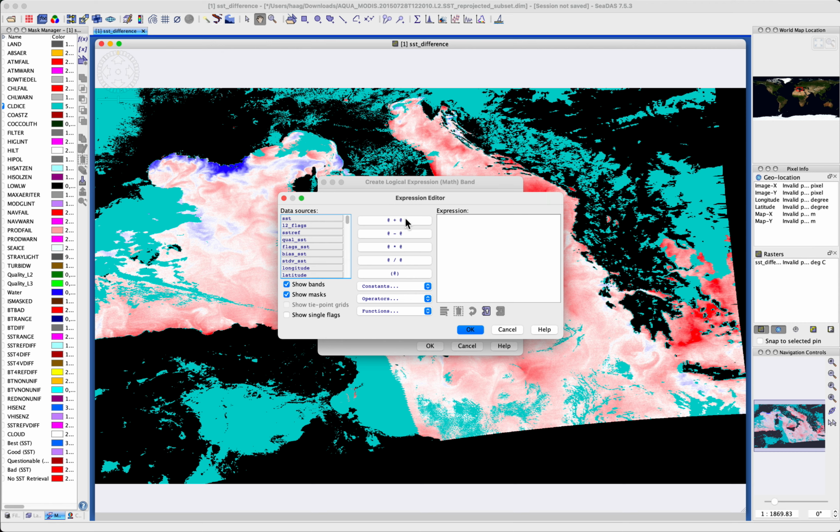Now, it may not be intuitive immediately, but one way to do this might be to say, well, what if I were to say, I want my SST, sorry, click just after the at, SST minus SST ref. I'm going to go ahead and select that. Could have clicked here to select all and wrap that. And then I'm going to add, I want that value, and I want the